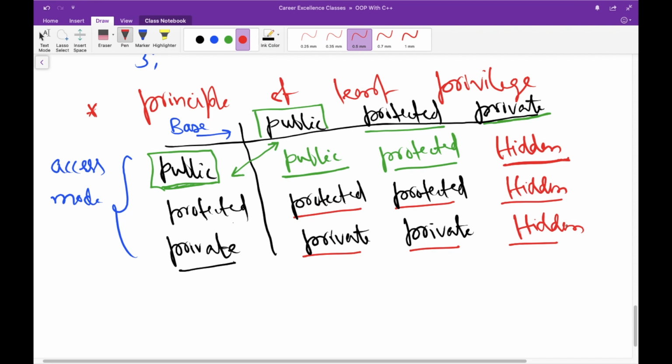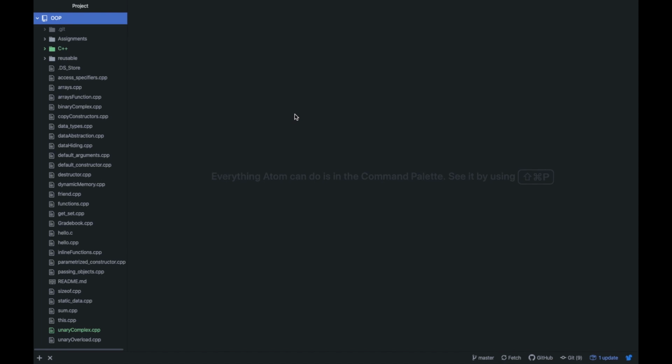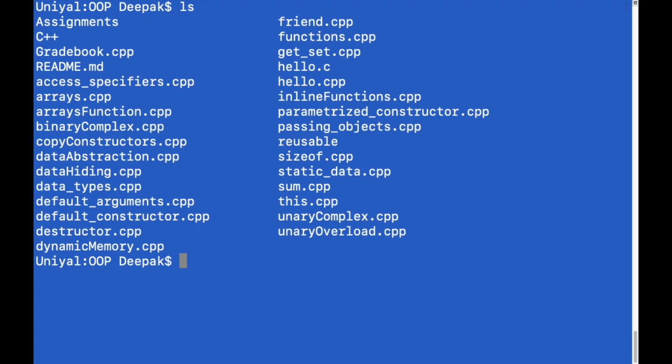Let's take an example for this and understand how it works practically. So here I am using the Atom Editor. What I can do, I can just go to the terminal first and create a file there. You can also create the file from here, but I will show you the way the terminal works. So let's move to the terminal first. Okay, now I am on the terminal and this is the same directory as we were looking at in the Atom Editor. Now let us run the command ls and see all the files.